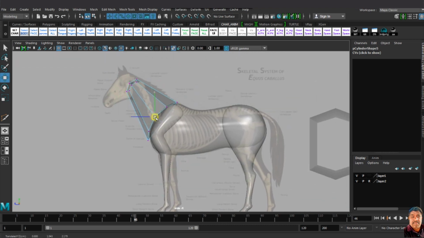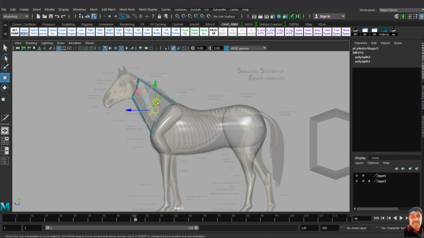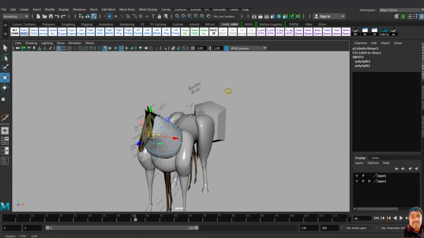Right now I need the neck and head. So again I select another new, select the thing. It's very easy. After doing one or two, you can do it very easily.